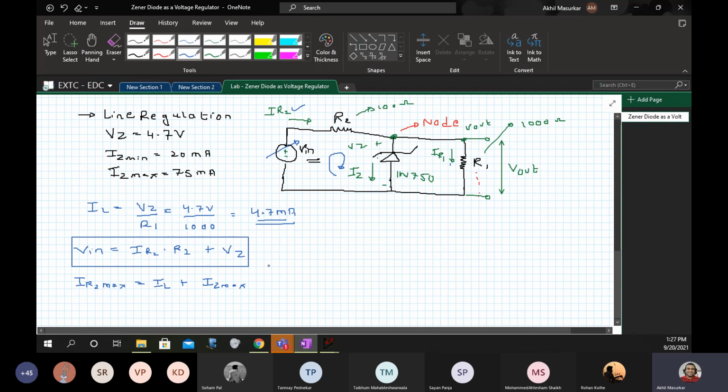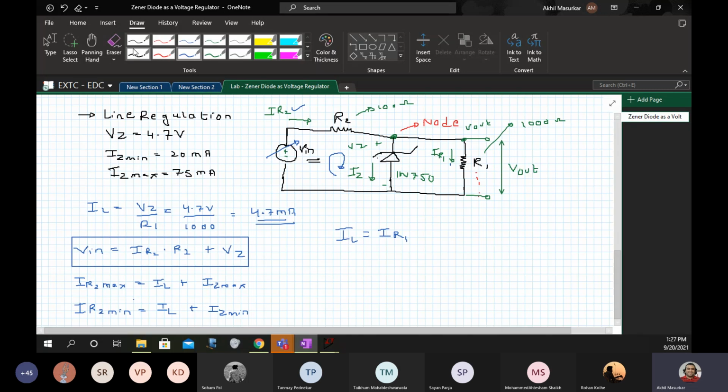So that is why I am writing it that way. IL is actually IR1 only, the current flowing through resistance 1. Similarly, we can write IR2 min. Again, IL will not change, so Zener current is going to change.